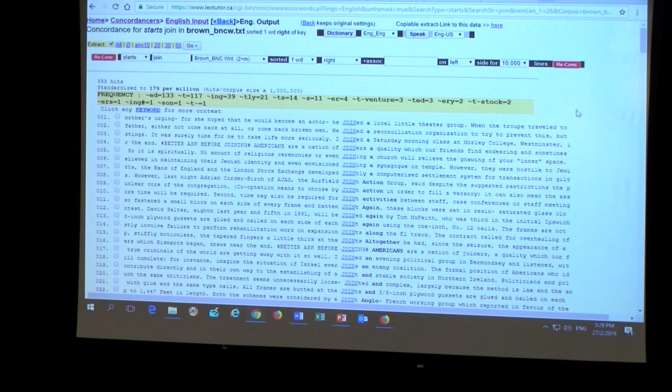For example, when you look at example 1, 2, 3, he joined a local theater, he joined a reconciliation organization. I joined our Saturday morning class. So in the first 3 lines, you know that. Join something, usually like club, organization, right? Joins a club, organization, directly, right? Okay? And you can also maybe pay attention to,